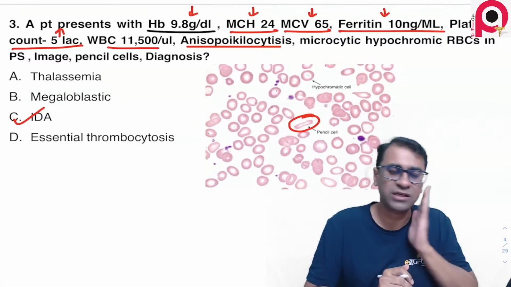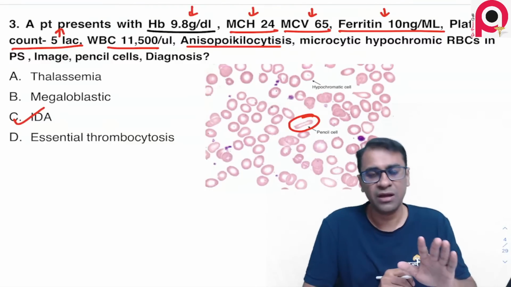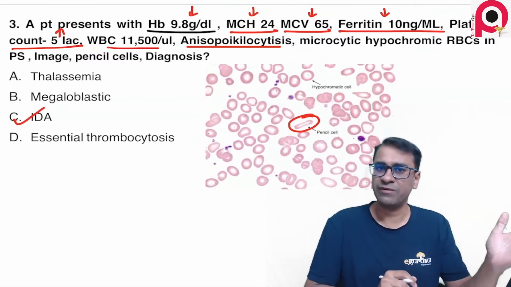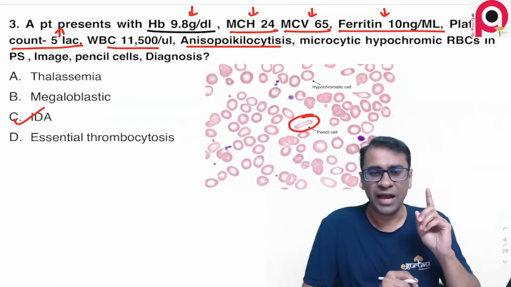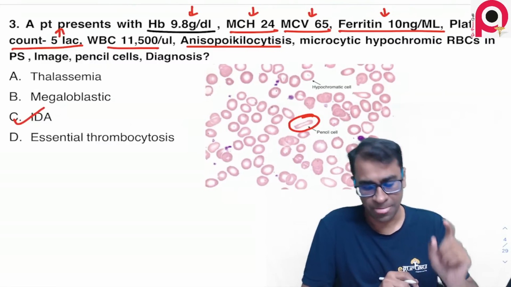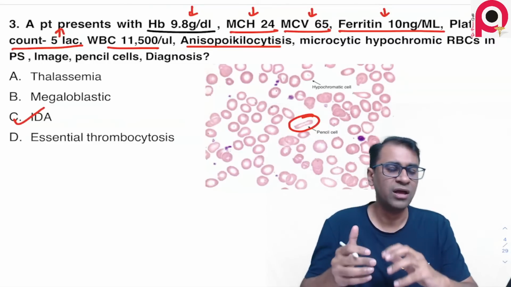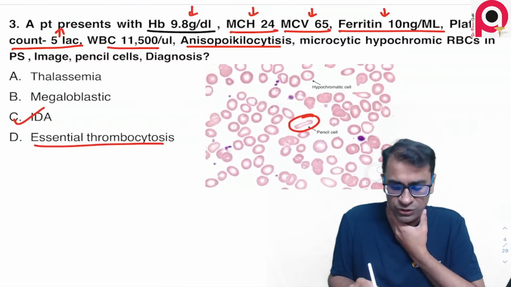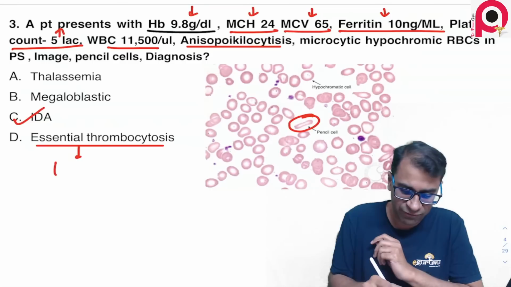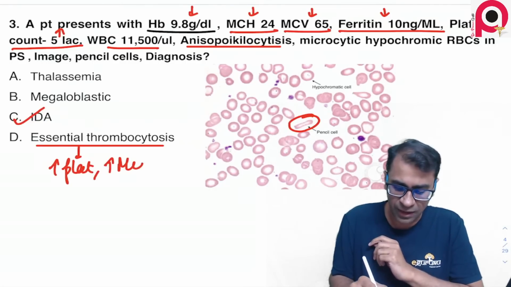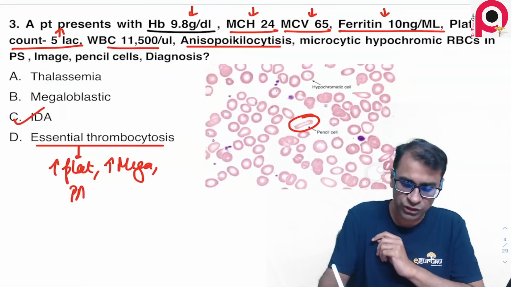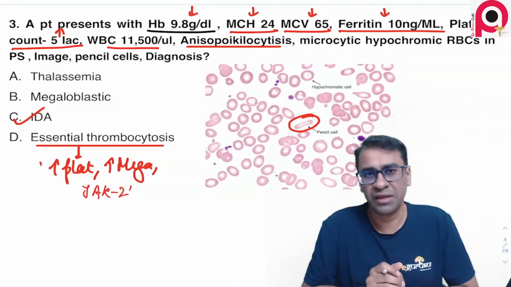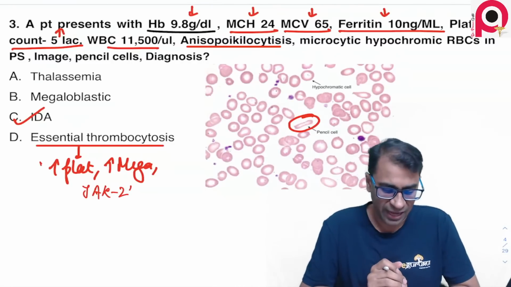A similar type of question was asked in session 1 also, where the answer was thalassemia. A lot of students have not been able to digest why it was not anemia of chronic disease. I discussed in the previous video why that was not the answer of ACD, and why I took thalassemia as the answer. Whereas this question looks more straightforward, and the answer is a case of iron deficiency anemia. Why is it not essential thrombocytosis? There should be an increase in platelets, an increase in megakaryocytes, and a JAK2 mutation. Only when all three major factors are activated can you say it could be essential thrombocythemia.